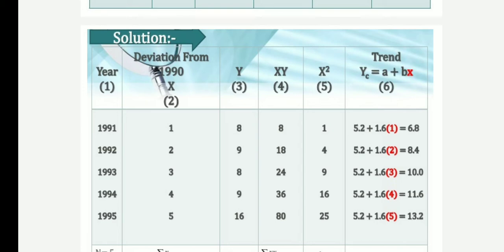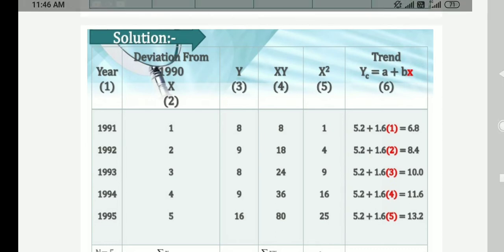Now the x squared values: 1 squared is 1, 2 squared is 4, 3 squared is 9, 4 squared is 16, and 5 squared is 25. Now the trend value equals a plus bx. For the a value and b value, substitute x equal to 1. Here x is already given: 1, 2, 3, 4, 5, 6. So accordingly you have to put in the values, substitute the values, where a and b are